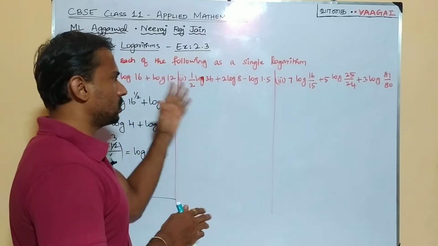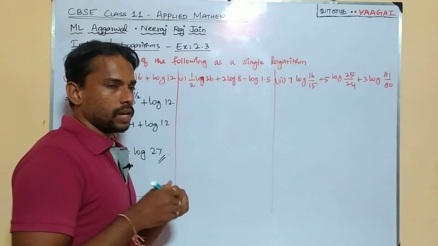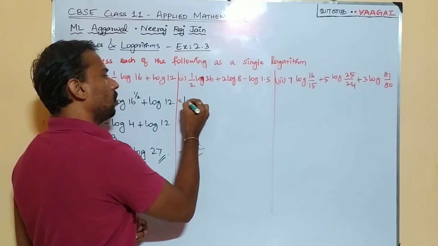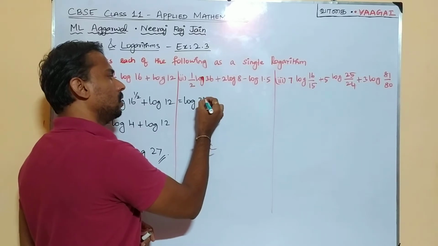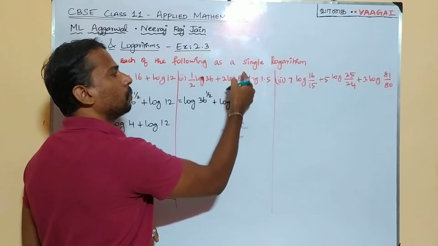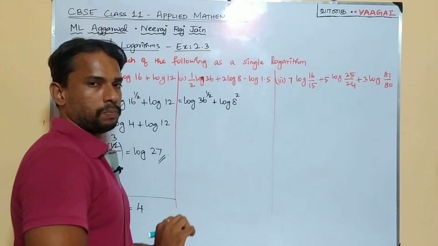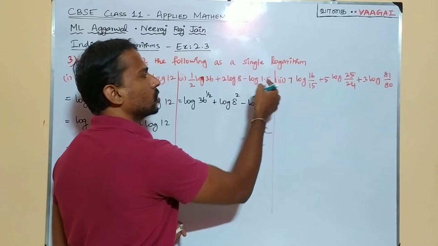This is what we have in the second subdivision. Here again we'll try to use the power rule. Okay, shall we start? So this becomes log of 1 by 2 will go to the power of 36. So this becomes 36 power 1 by 2 plus log of this 2 will go to the power of 8. So this becomes log of 8 power 2 or log 8 square minus log of this is going to be